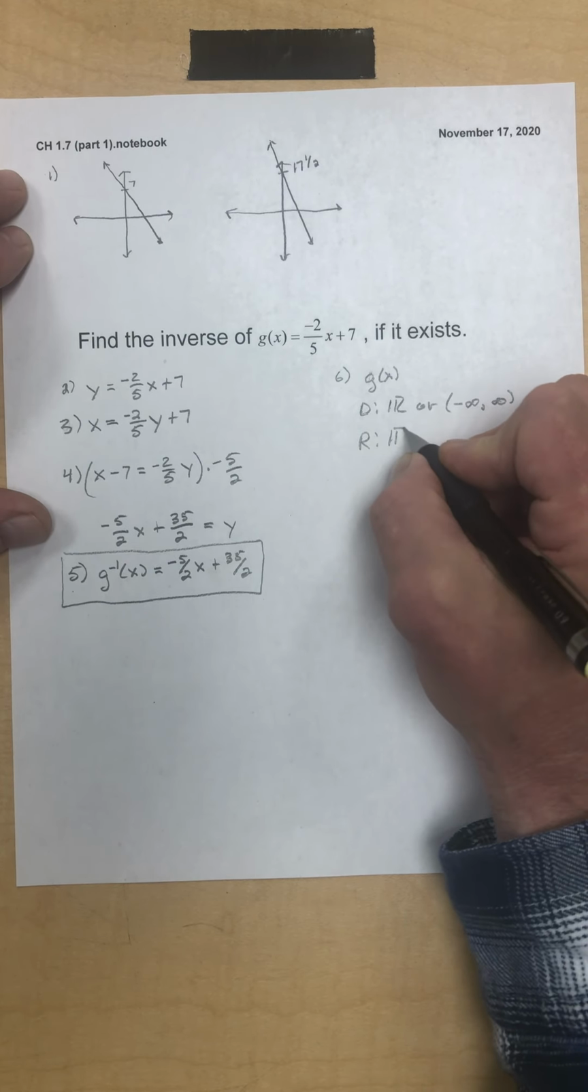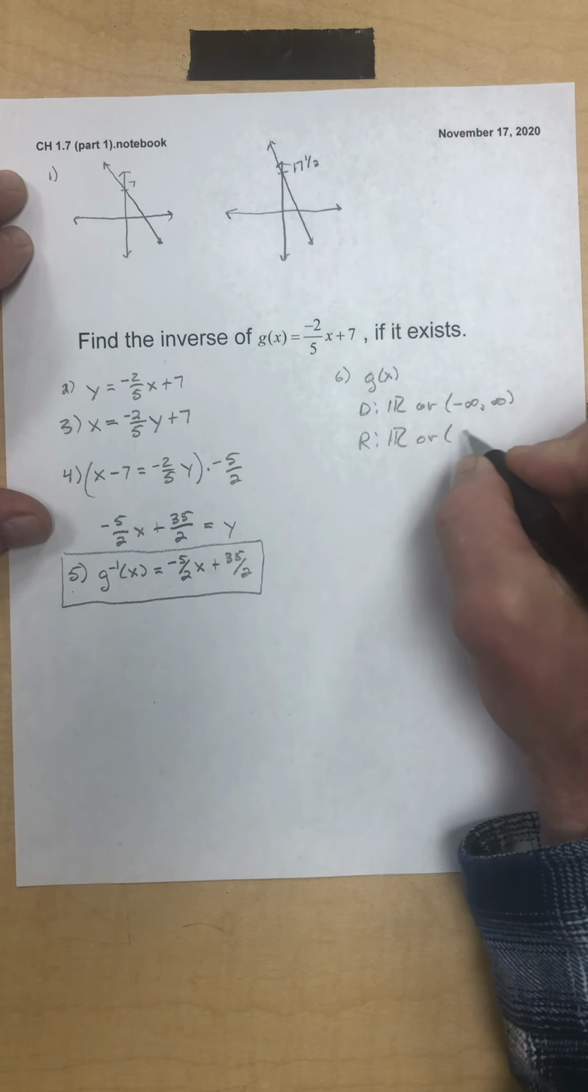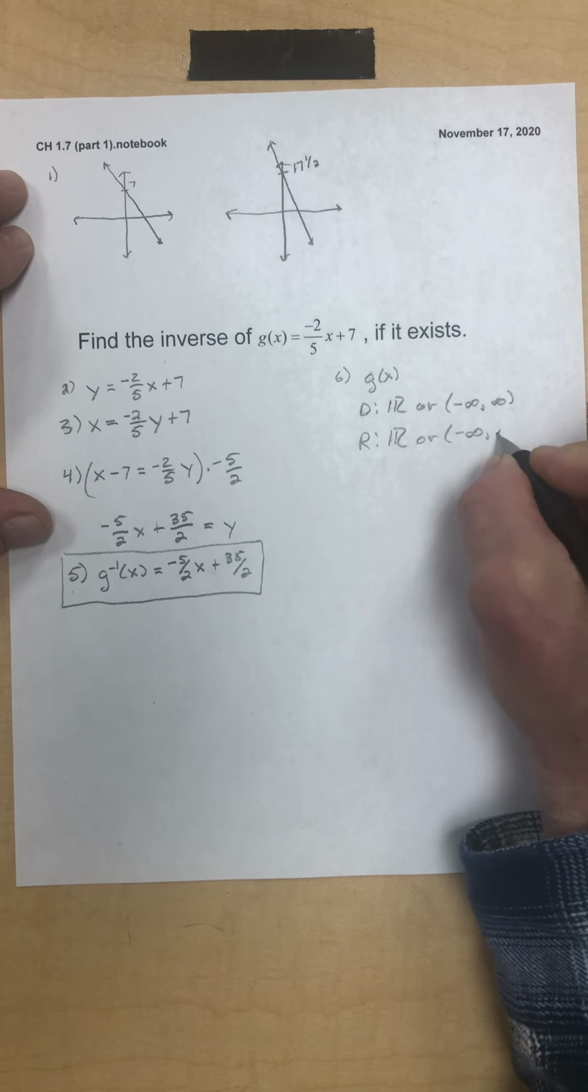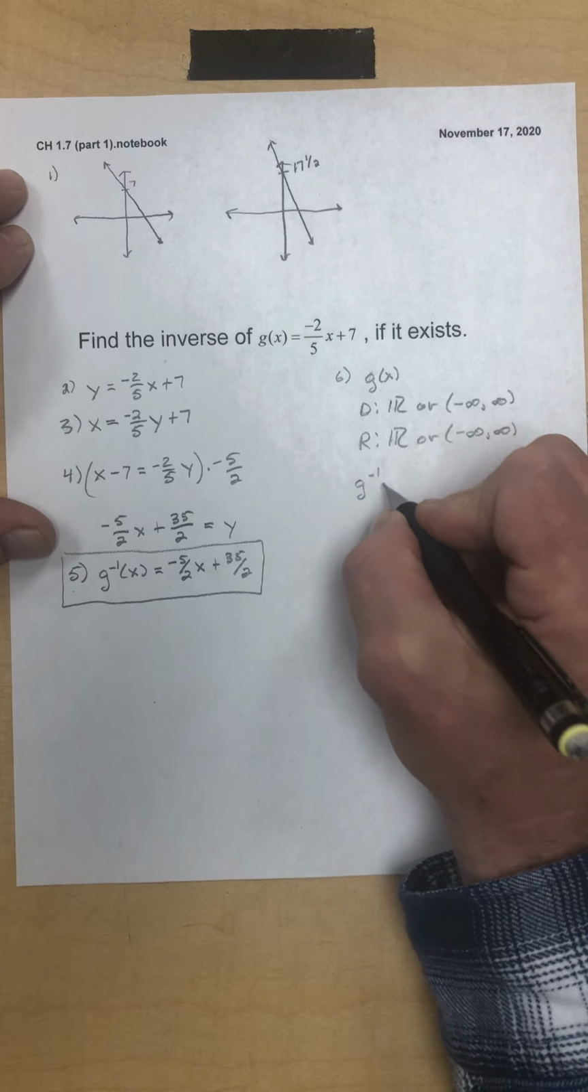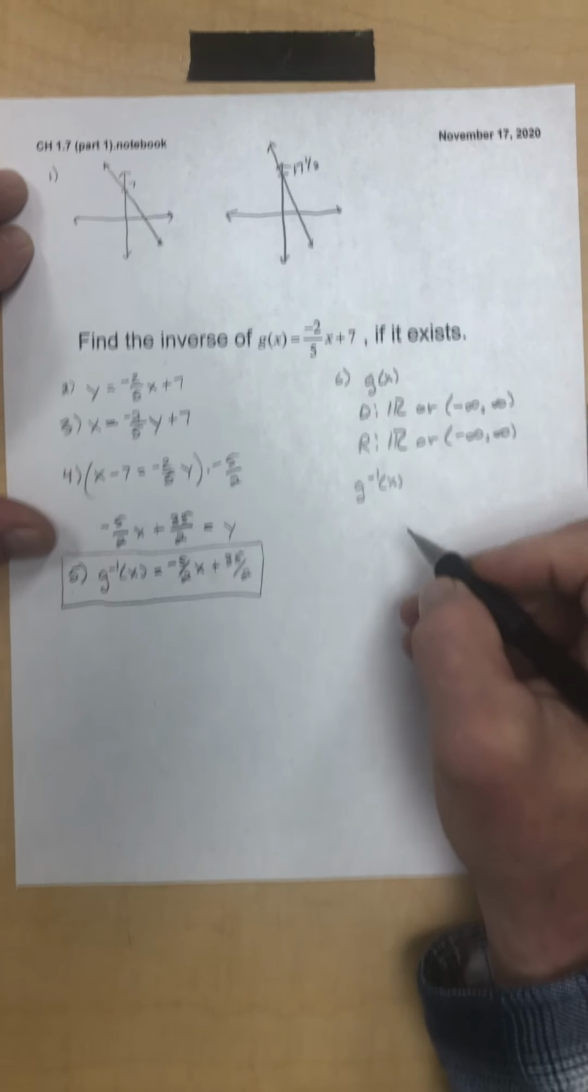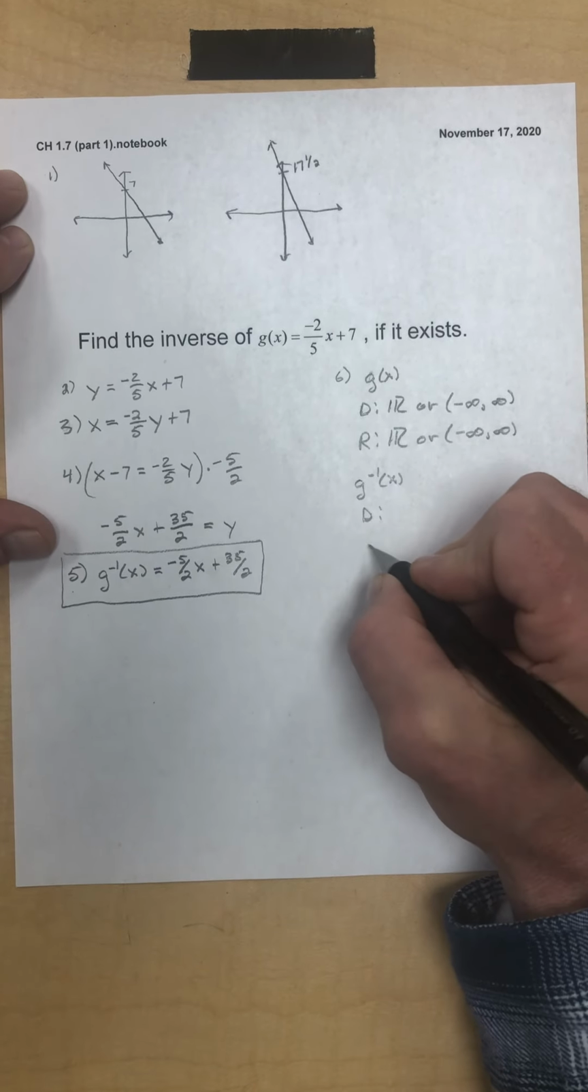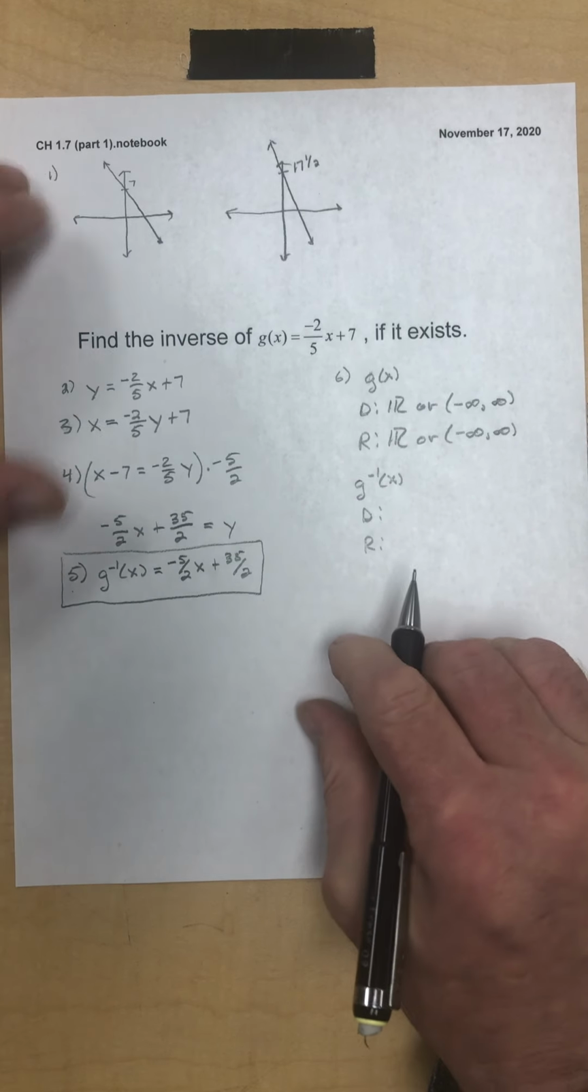So again, you get the set of all real numbers, or if you want to put it in interval notation, you can do this. All right, then if I look at g inverse of x, and I look at the domain and range of that, so I go to this graph,